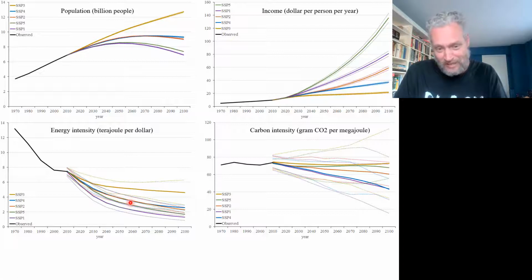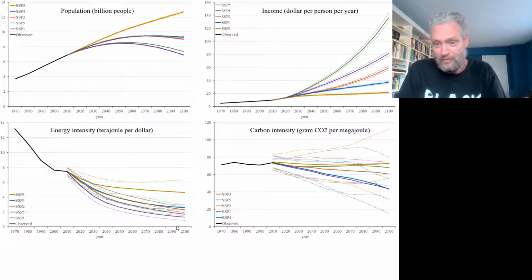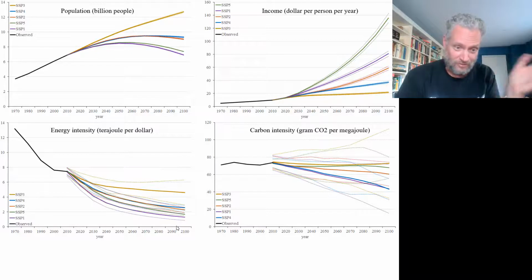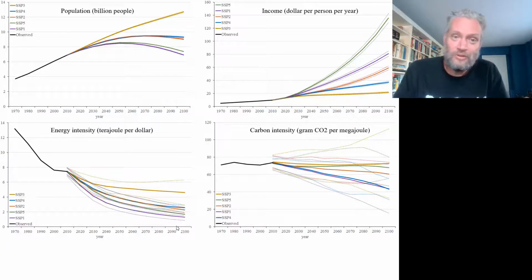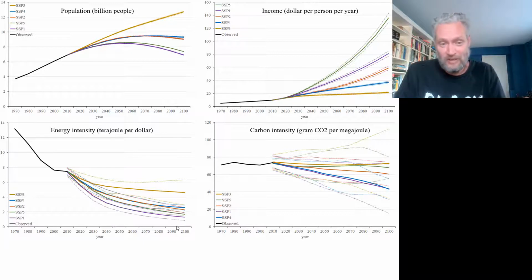But when the scenarios take over, then the longer trend continues, and we see a drop in energy intensity. These scenarios are roughly in line with the observations, not just over the 50-year period that I showed you before, but also over much longer periods for selected countries and selected indicators where we have this data. So that seems to be reasonable.